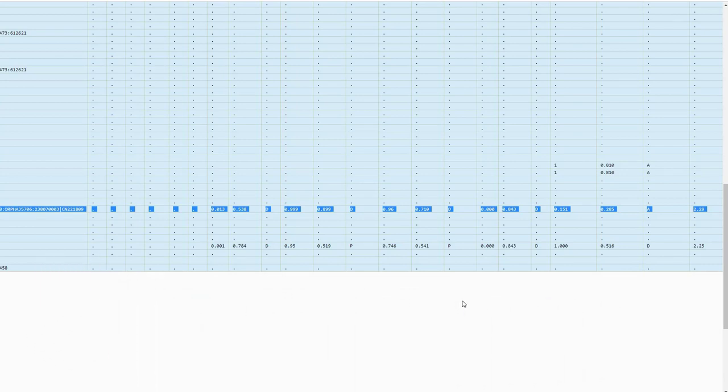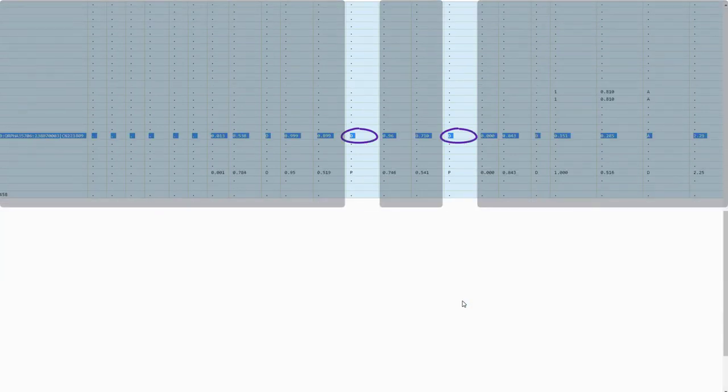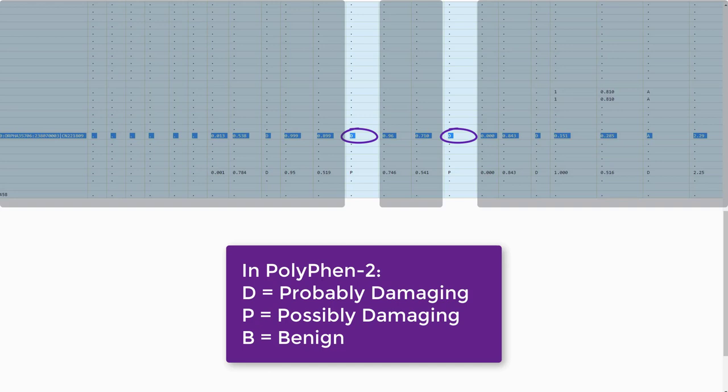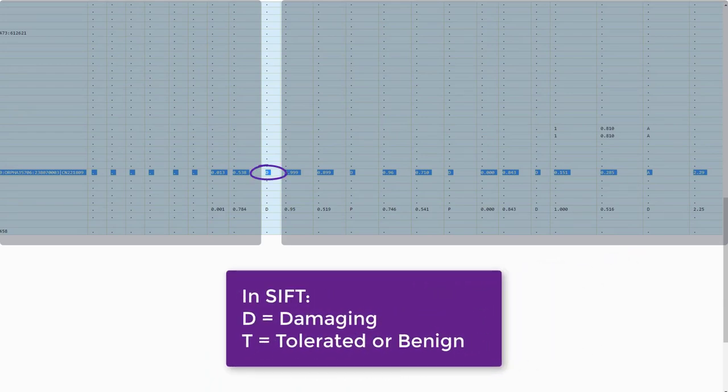According to the columns Polyphen2_HDIV_pred and Polyphen2_HVAR_pred, the predicted impact is damaging, indicated by letter D. For this tool, benign is indicated by letter B, and possibly damaging is indicated by letter P. According to the column SIFT_pred, the predicted impact is damaging, indicated by letter D. Benign is indicated by letter T in SIFT prediction.